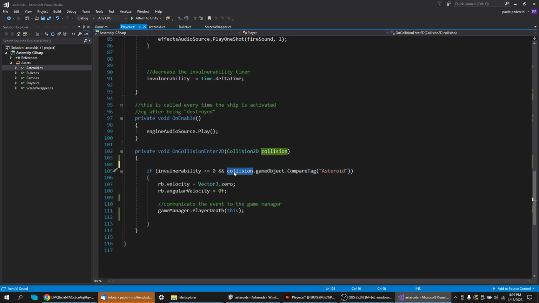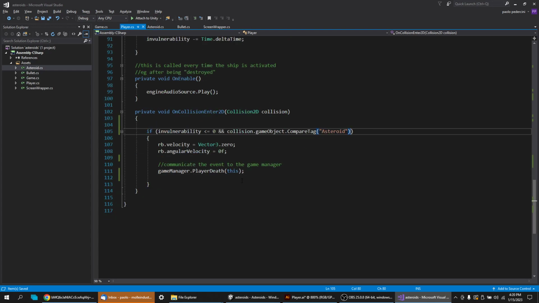You can also do something like, for example, a versus game in which you have two spaceships, you could even do something like this. Bullet. Like that. So if what collided is either an asteroid or a bullet, then you destroy the spaceship. So it's very, very flexible, very easy to just add new features